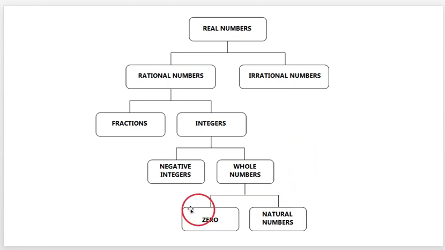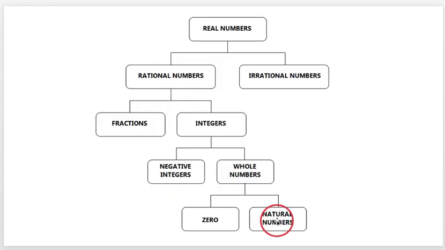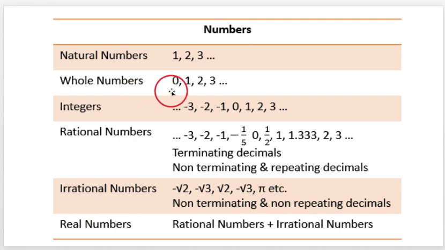This chart you can see. Now you come to the bottom part. What is written here? Natural number. Natural number means the number which starts from 1. Natural number and 0, if we add, what we get? We get whole numbers. So what is a whole number? The number which starts from 0. Natural number is what? Start from 1.